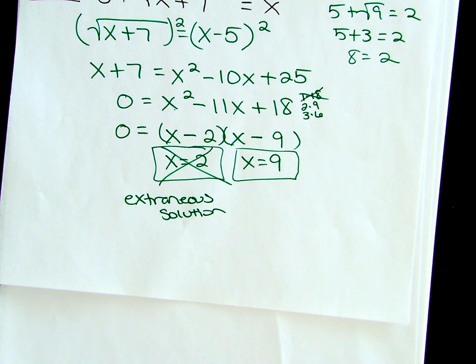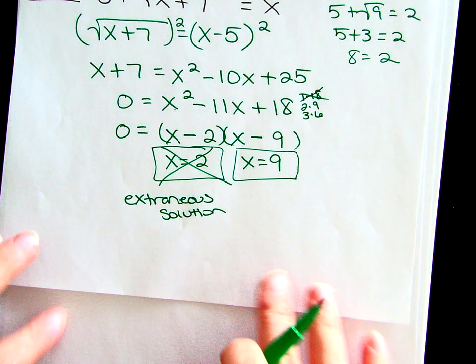They happen quite commonly with radicals. If you get a radical and you get 2 answers, you definitely want to check to make sure not only that you're going to get positive under the radical, but that you're actually getting a true statement. Because if we did that exact same thing with our